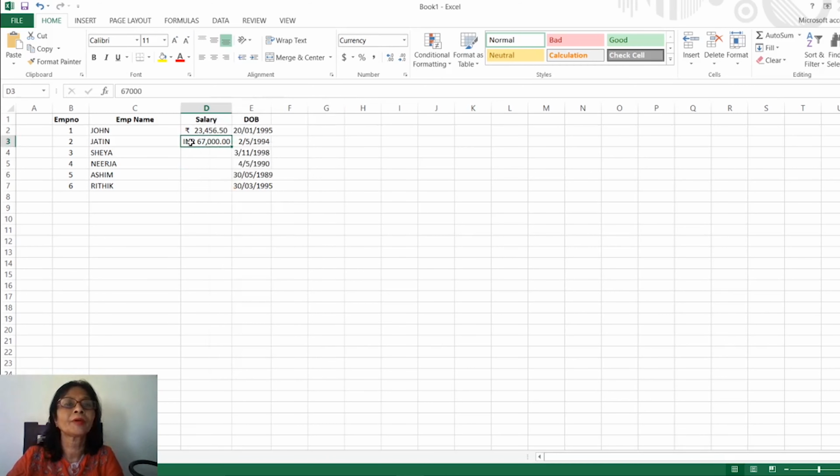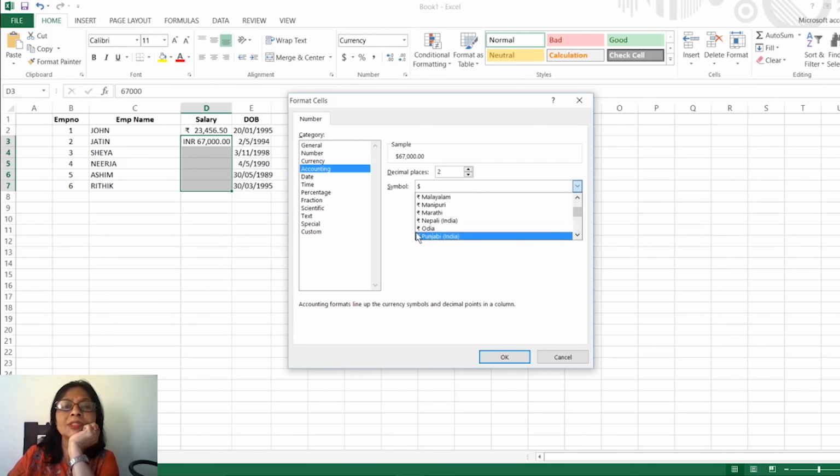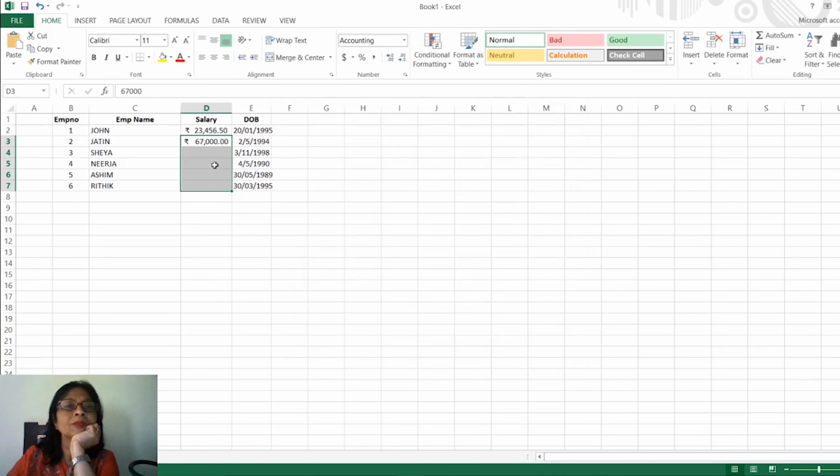So for all the data I will change this one. You find out where this rupee symbol is, for Malayalam, Manipuri or Odia, anything you can select, Hindi. After that click on OK. So it will change to the rupee symbol.